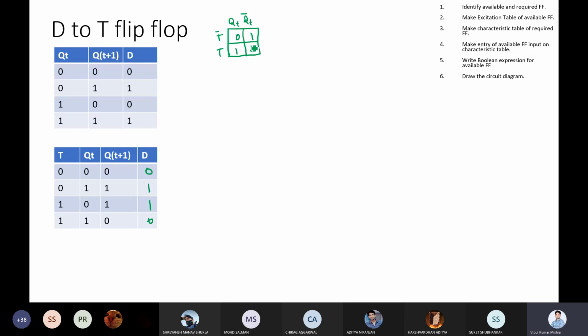So now, what will be the functionality here? It should be QT bar and QT. So D equal to, yes, true, it should be QT bar here and this will be QT.